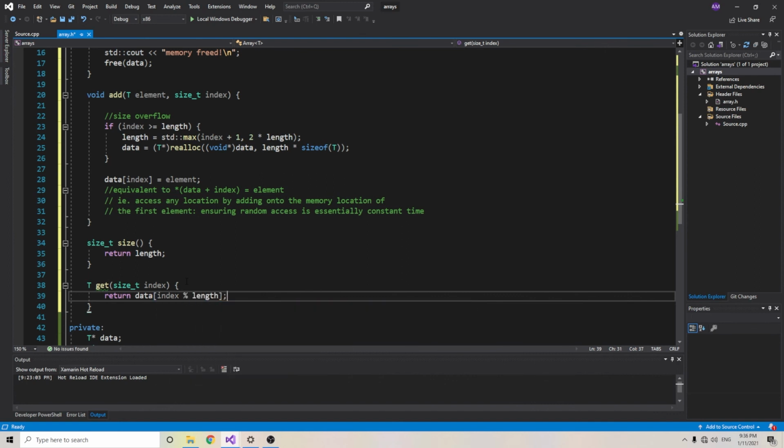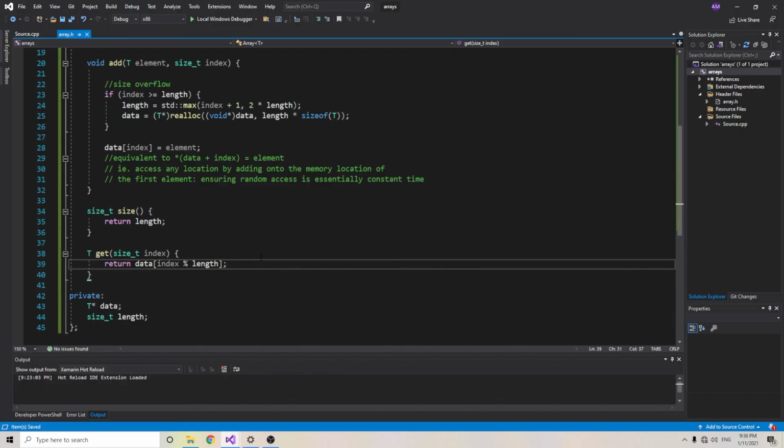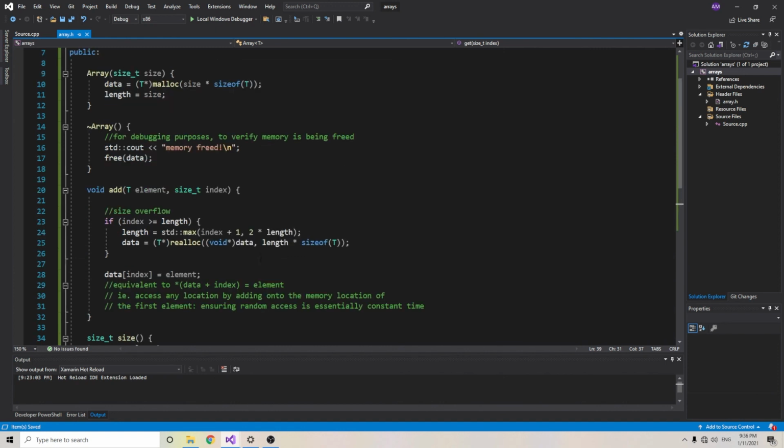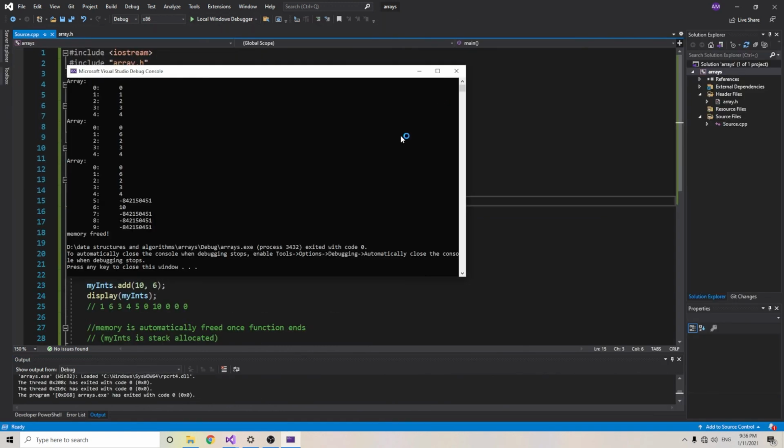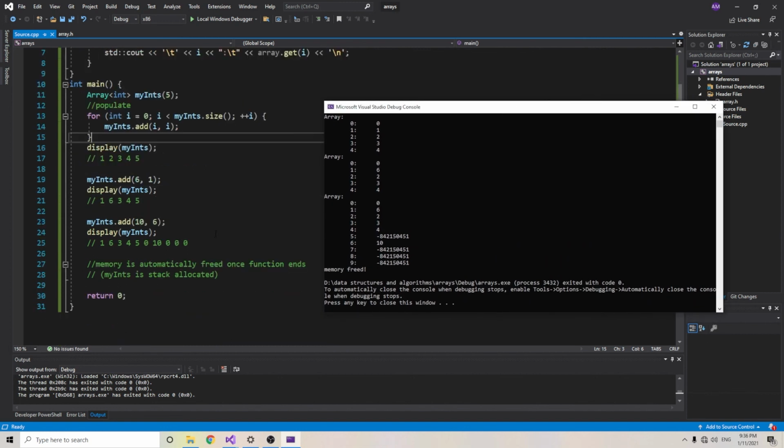When getting elements, I'm going to take the modulus of the index to ensure it's in a valid range. This is just one approach of many. Actually, I could have said that about any part of this implementation. And that's it. Admittedly, it does take a bit of fiddling around to get this stuff to work, but the payoff is sweet, and we learn things along the way. For instance, it looks like the compiler is using the smallest possible integer as a default value for newly allocated